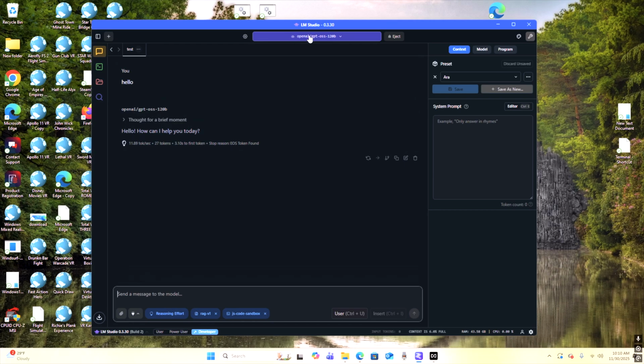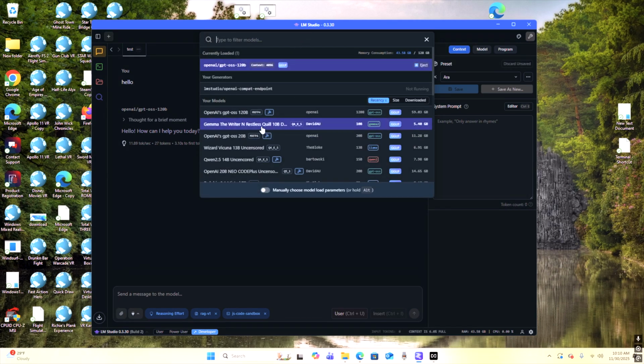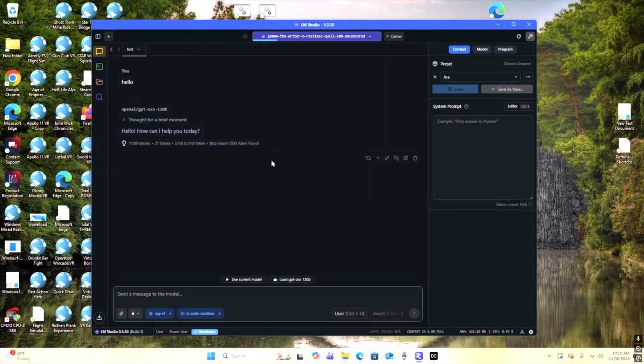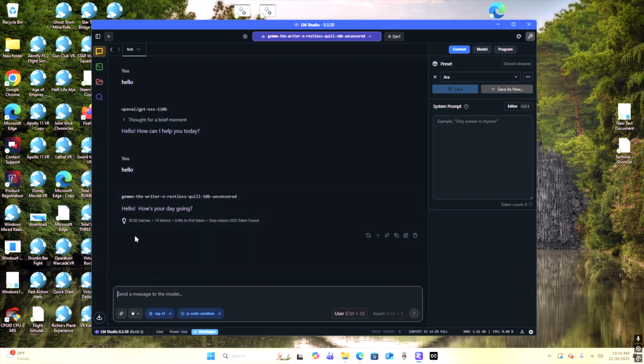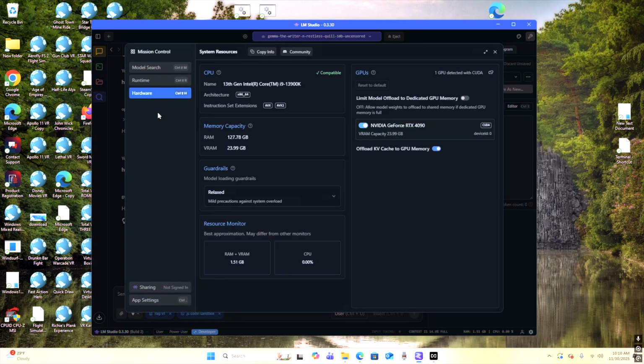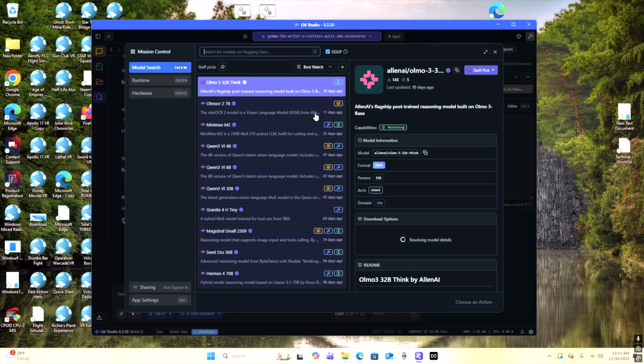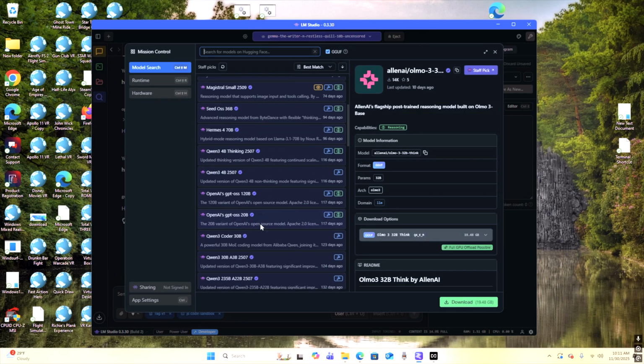Now, if you want to switch models, let's try this one. This one's a 10 billion, so it's loading faster. See, that was 92 tokens per second. So it doesn't completely matter as far as when you're going back in here and you're looking at your hardware, seeing what you can run, because you've got VRAM and you've got system RAM. So when you go to model search, sometimes if you get one that's way too big,